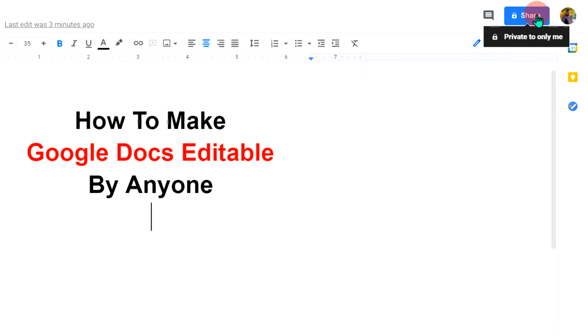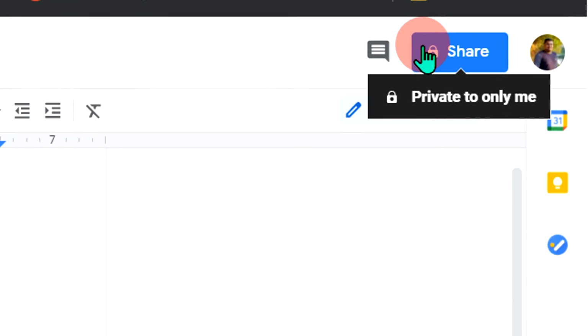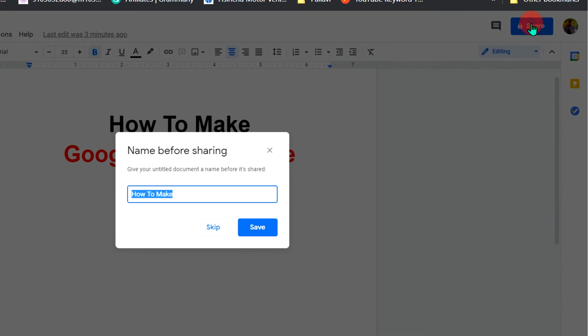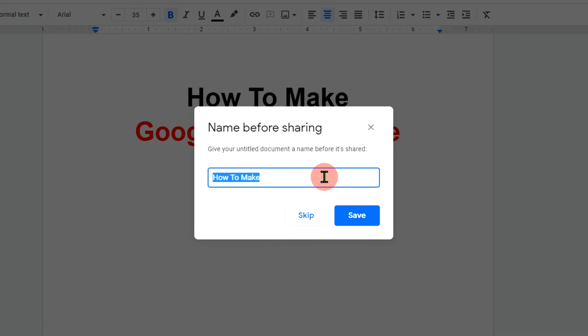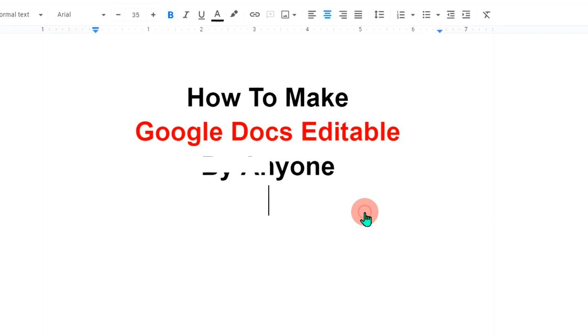When you place a pointer on this blue icon, you will see that it shows private to only me. That means only I can edit this document at present. But to share and make it editable to anyone, click on the share button and then it will ask for naming the document. Let's say here I will enter my name, then click on the save option and now you will